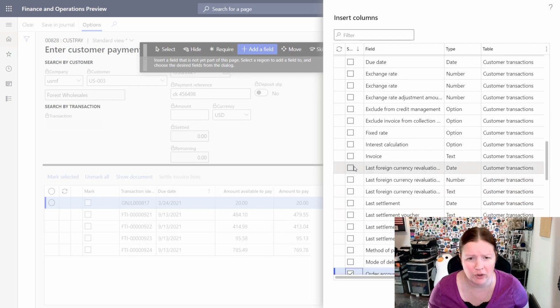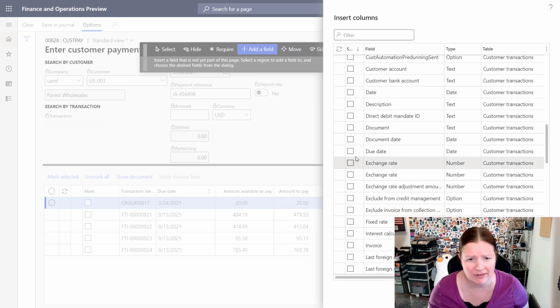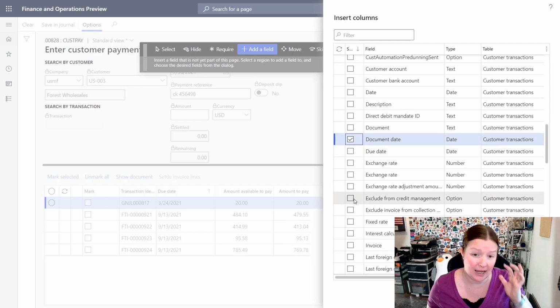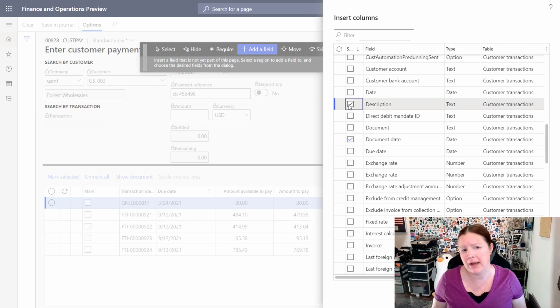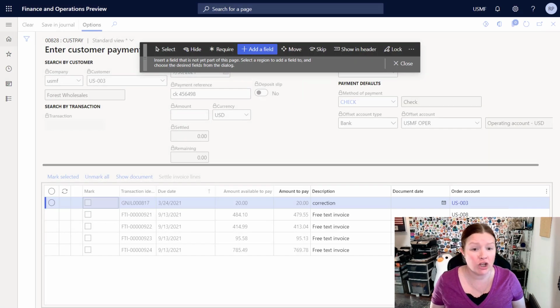Maybe I also want to add in the document date, so I'll scroll up and choose document date. And if there's any additional fields, I could choose those as well. Maybe description is another field that might make it easier to identify if I'm selecting the right transaction. Once you've selected all the columns that you want, you simply click the update button, and those columns will be added to your